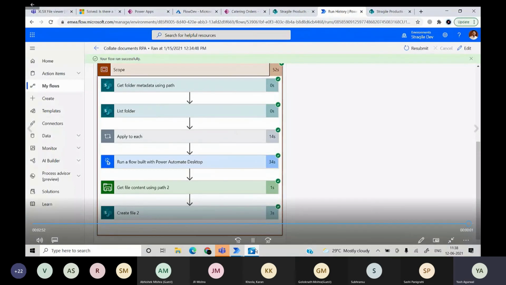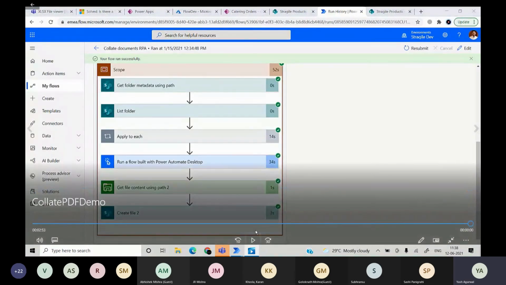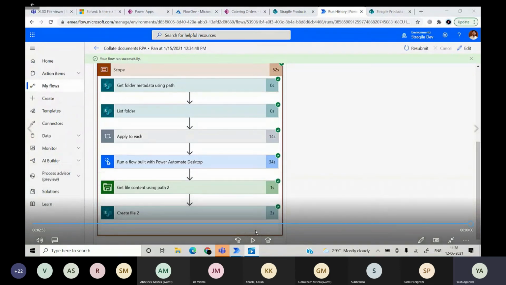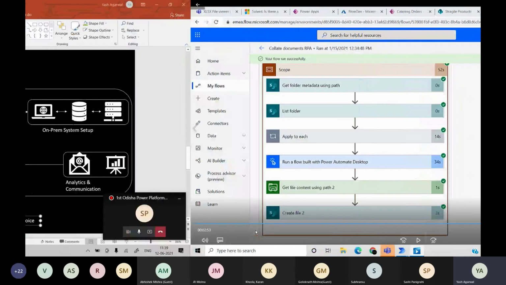So that was pretty much it about the merging of documents. You can explore individual actions which are available in Power Automate Desktop. There are pretty powerful actions that we can do. And of course, whatever shortcomings we have in cloud flows, like we cannot execute scripts, we can do that using Power Automate Desktop. So if the licensing permits, and if you have a use case that needs such an implementation, you can pass parameters from the cloud flow to your desktop flow, run the script, perform any manipulation or calculation or any other functionality that needs to be done, and then get back any data you want in the cloud flow. And with that,